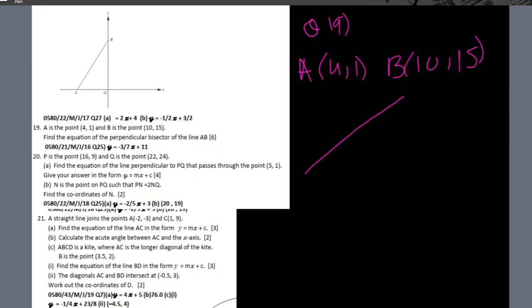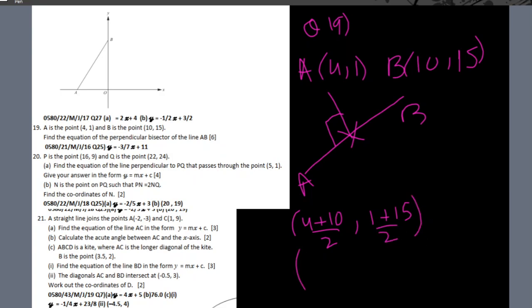Next up is question 19. A is the point 4 comma 1, B is the point 10 comma 15. Find the equation of the perpendicular bisector of AB. So same question but now without the diagram. So the perpendicular bisector of AB will be cutting AB at exactly its center and it will be perpendicular to AB. So first let's find the center, which will be 4 plus 10 over 2 comma 1 plus 15 over 2,